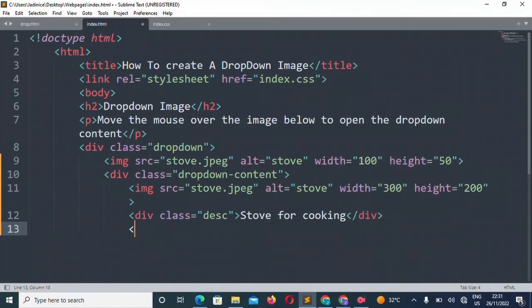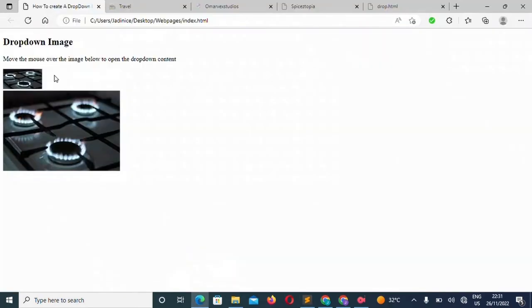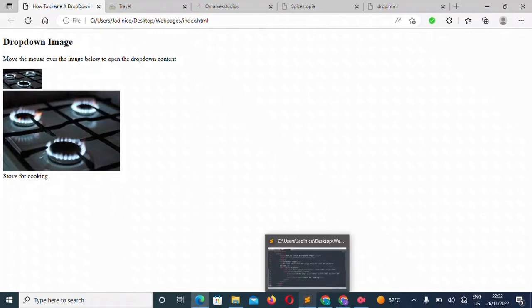Then we close the whole of the div and the HTML. Then we save it and then refresh. There, stove for cooking. And so now it's time to style it using the CSS.